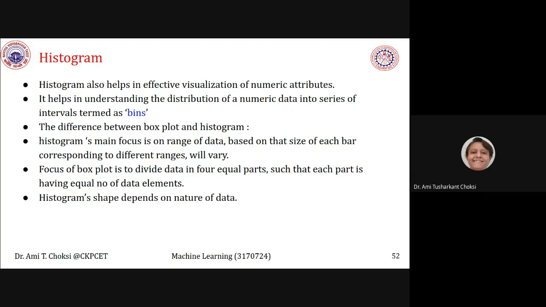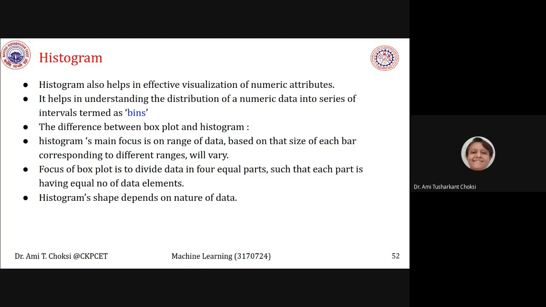For histogram, each bar depends on the different ranges and that will vary. The focus of the box plot is to provide data in 4 equal parts such that each part has an equal number of data elements. The histogram's shape depends on the nature of the data, right?